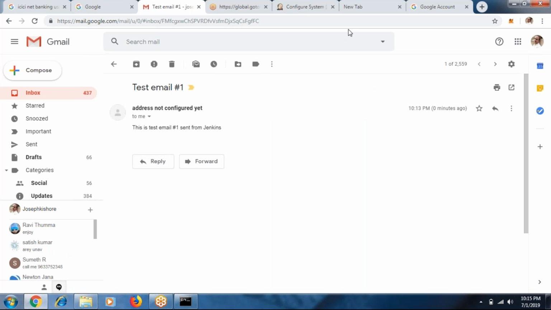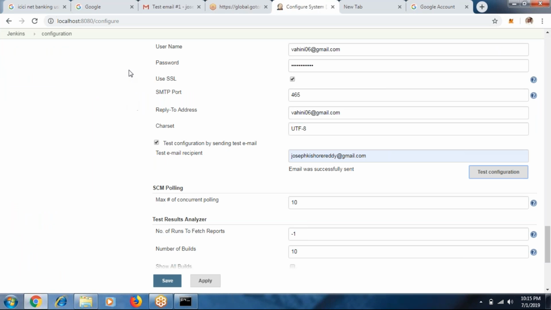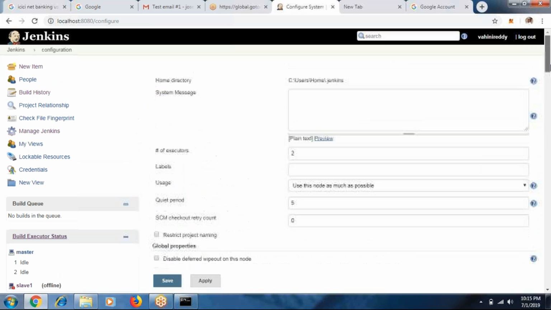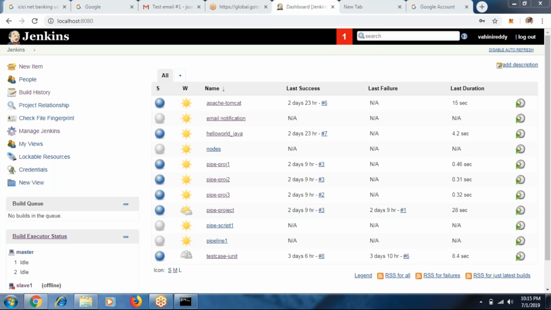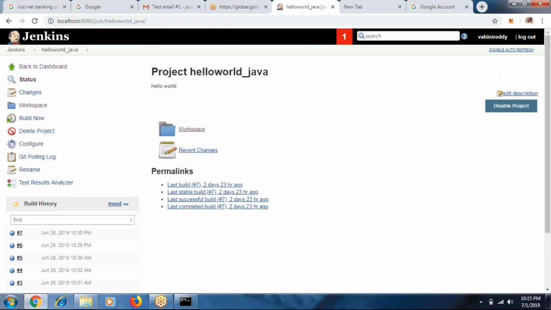Now go to your Jenkins job, and you have installed Maven and everything. Apply, save it here first. Apply, save it. And you have done any job. If I take any one of the jobs, that email notification only takes email notification. Anything, any job, no problem. Just go to configure.